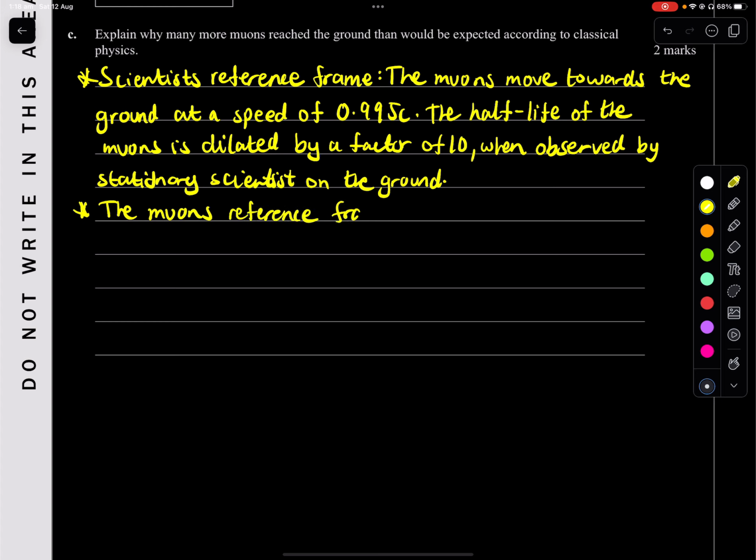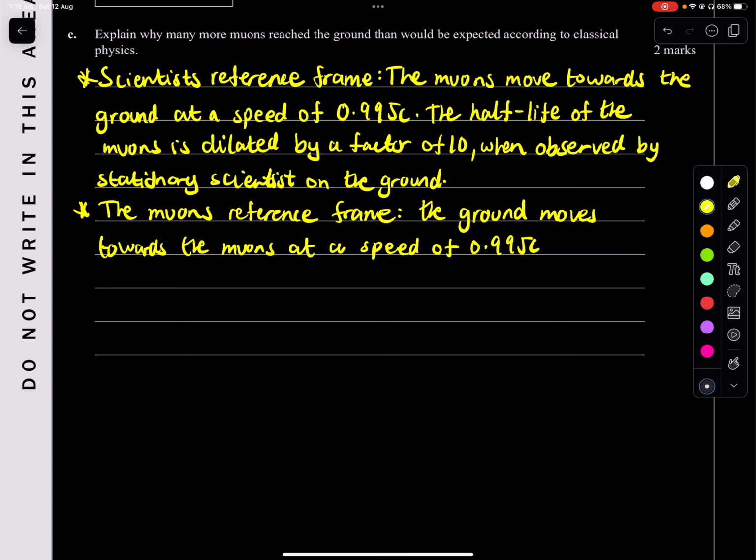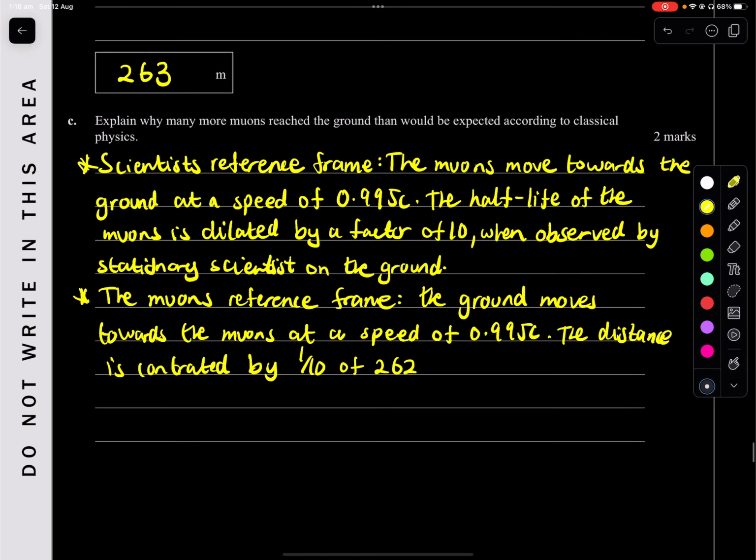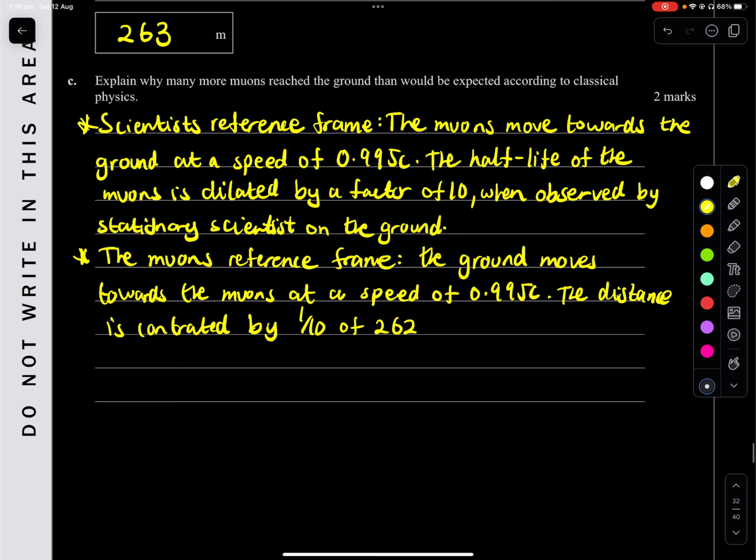The ground moves towards the muons at a speed of 0.995 C. The distance is contracted by 1/10 of 262.62627 meters